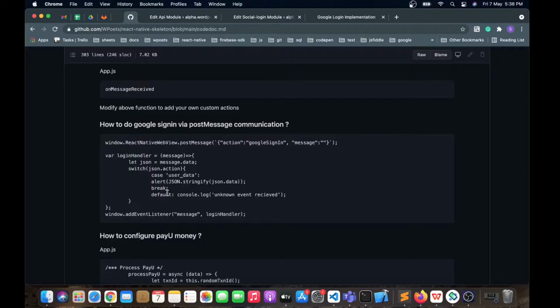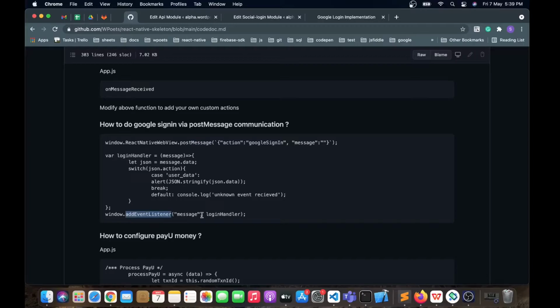What we are doing here is sending one JSON to our React Native application, and the React Native application will perform certain operations and send us the result back. In this post message communication, we tell the React Native to do something, and in the add event listener we have a handler.